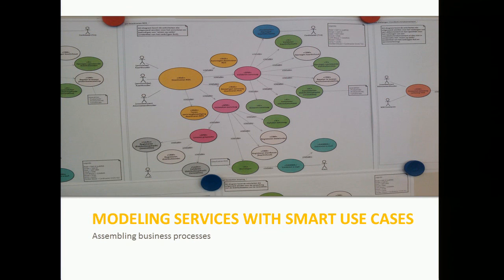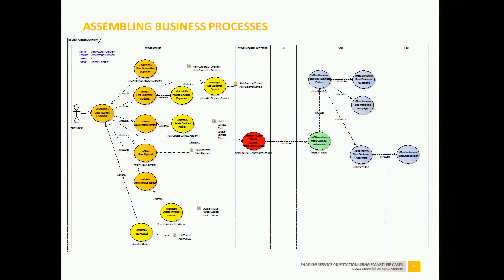And the next step would be adding it all together. So what you do is you start assembling your business processes. Here's an example. This is coming from a large call center application for an energy company. And this is actually the front end. It's written in .NET. And this front end didn't have a back end. It's an application that this energy company bought, and it needed to be integrated with their back-end systems, which again are SAP systems. So this particular red use case, again, is linking the user interface here to some service